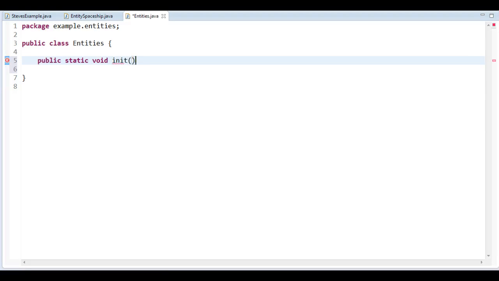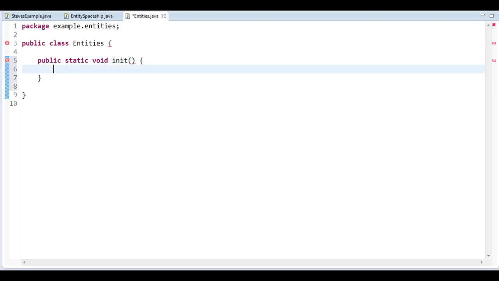Okay, so for blocks we had to register, for tile entities we had to register, for items we didn't, and what do you think it is for entities? Well, for entities we also need to register them. So we have public static void init, and I want to register the spaceship. How do I do this? Well, I refer to entity registry, like so, and hit